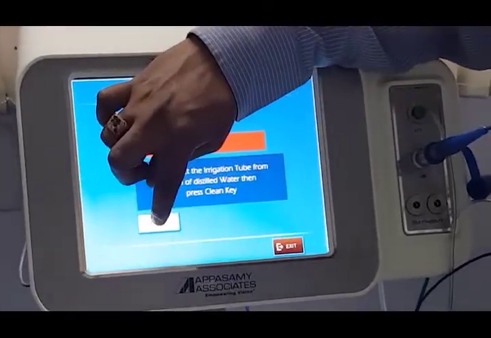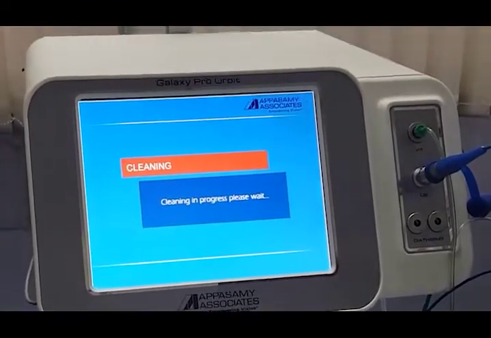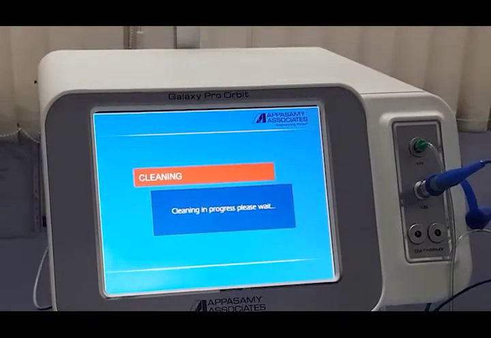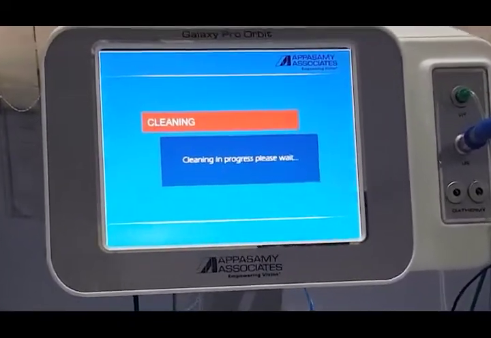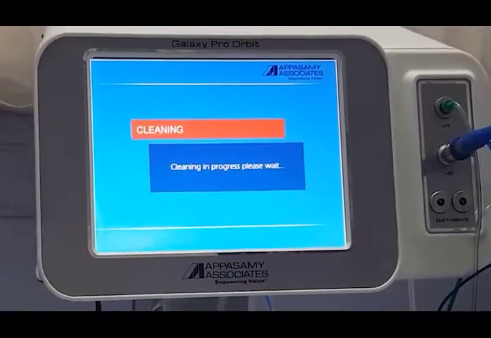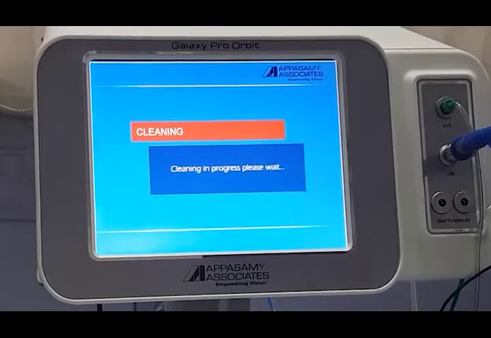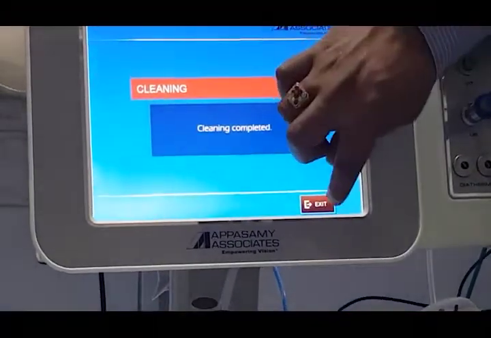Now remove the irrigation tube from the distilled water and continue. Now the cleaning is completed and you can exit the program.